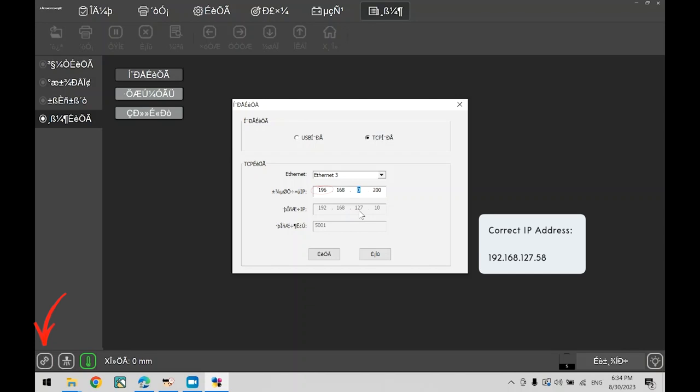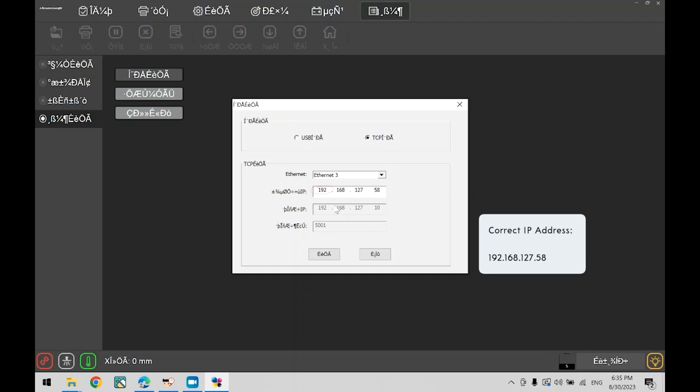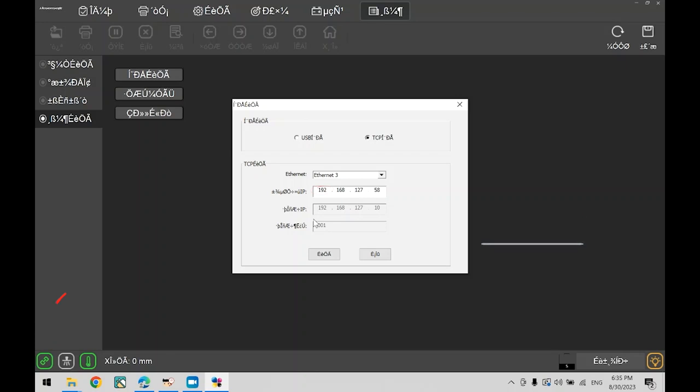The icon on the bottom left is still blinking red, which indicates that the connection is still not properly set up. Once we go back and correct the first 3 digits to 192, then click this button, then this button to confirm. Once the correct IP address is entered, this icon will now be a solid green, indicating a solid connection with the printer. If all steps have been performed correctly, but you are still getting a flashing red icon,